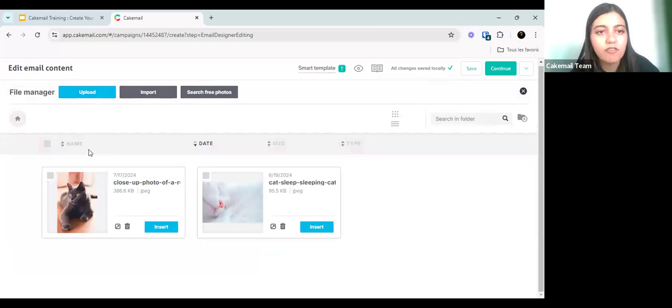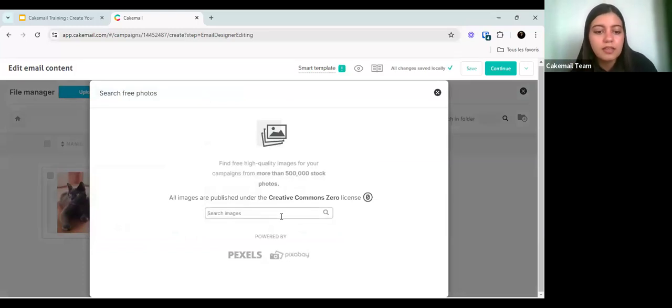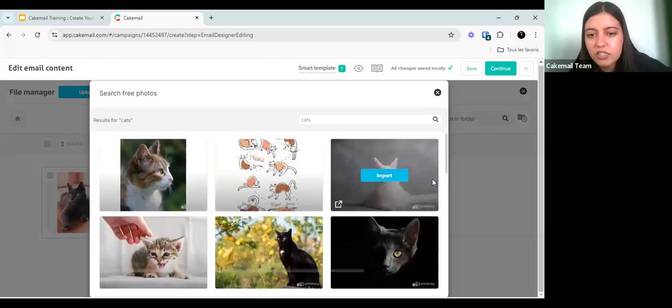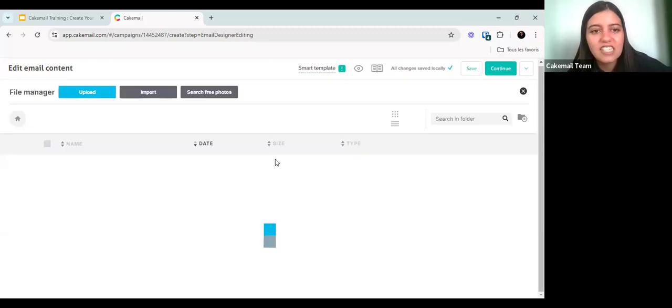Now, as you can see, I've already imported some, so they're already in my file library. The cool thing is that you can build a library so you don't have to keep importing the same pictures over and over again. You can simply choose from them, or you could, for example, choose a free picture. Since I like cats, I'm gonna search for cats in the free stock library that they give me. Oh, I really like this one, so I'm gonna import it